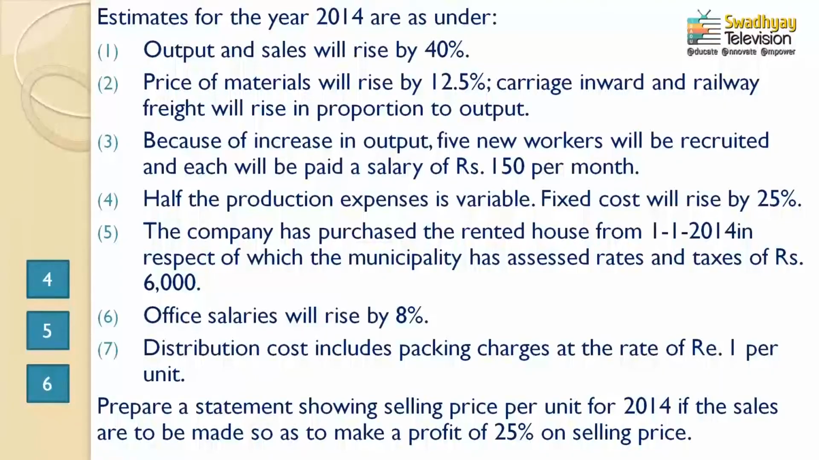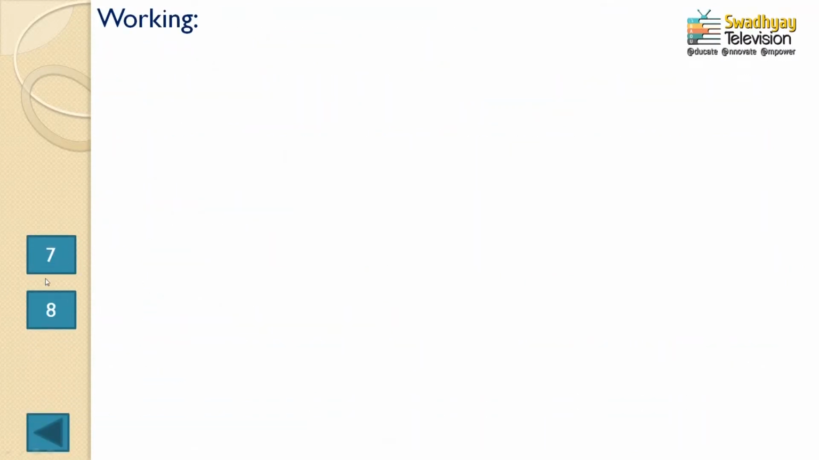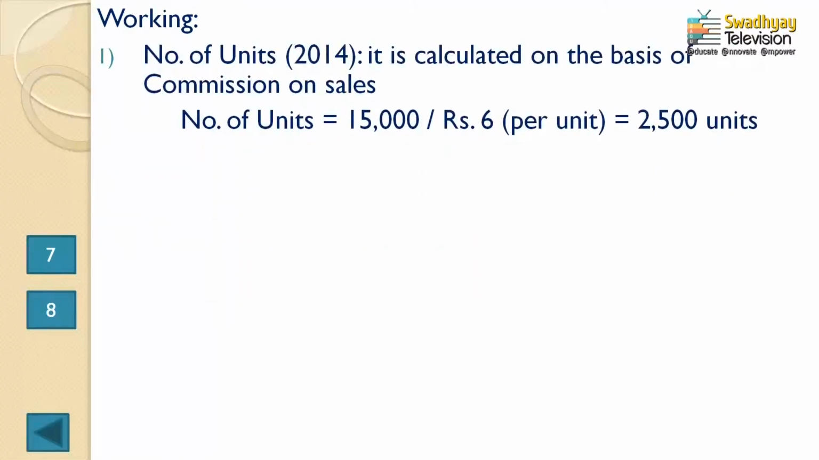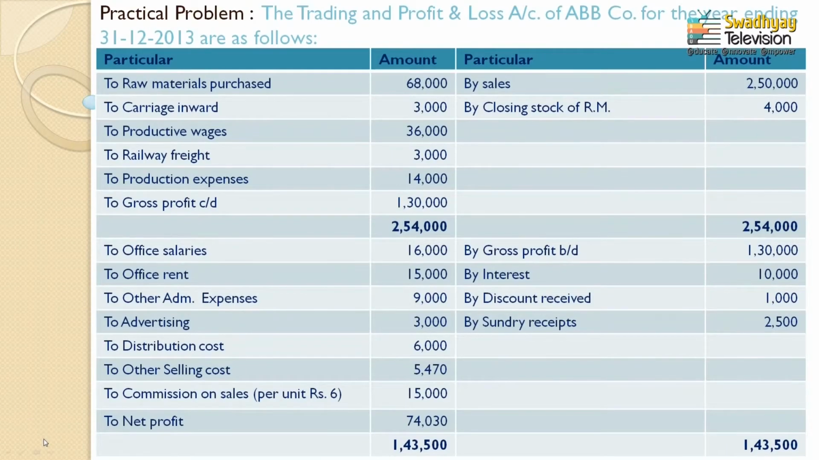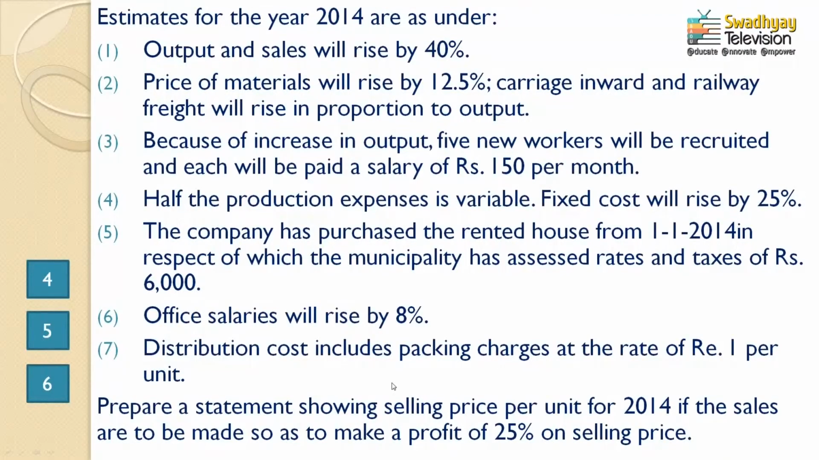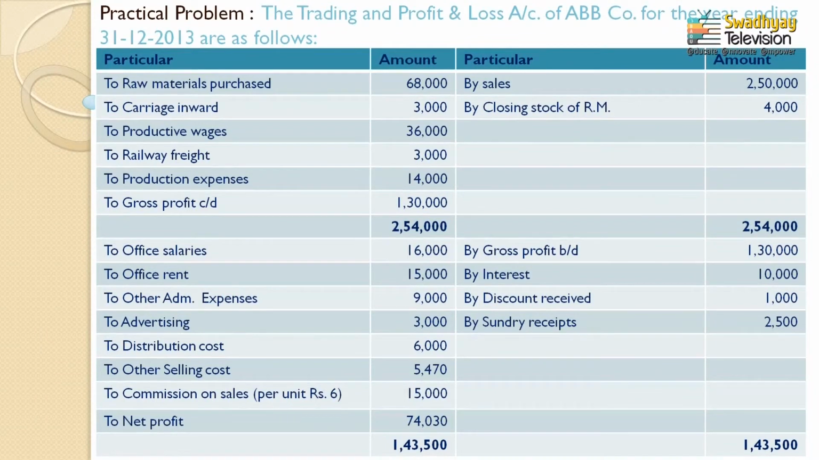These are the estimates for the year 2014 as under. The first is output and sales will rise by 40%. So it means output and sales will be affected by 40%. So the first thing is the number of units in 2014. This would be calculated on the basis of commission on sales. Now see, we have a commission on sales here, that is we can find out through here. Here we have a commission on sales, that is 15,000,